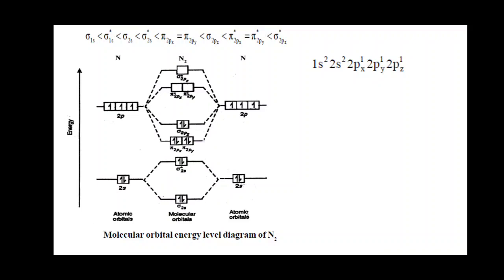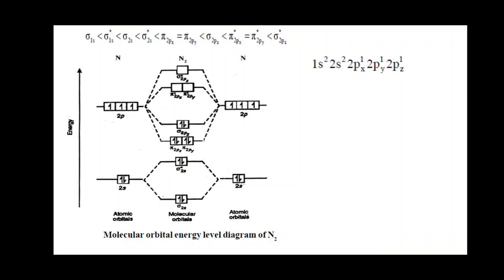The molecular orbital energy level diagram for diatomic homonuclear molecules of the first and second period, except oxygen and fluorine, this kind of MO diagram we have to draw, right? I repeat it: for diatomic homonuclear molecules of the first and second period elements in the periodic table, except oxygen and fluorine, we have to make this kind of MO diagram.